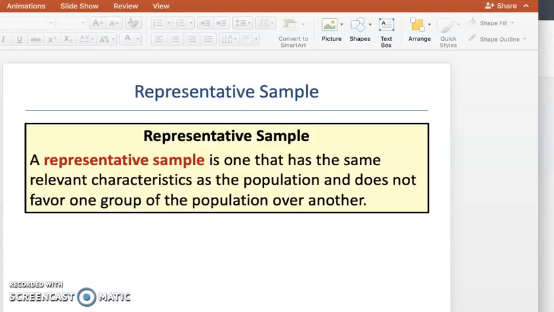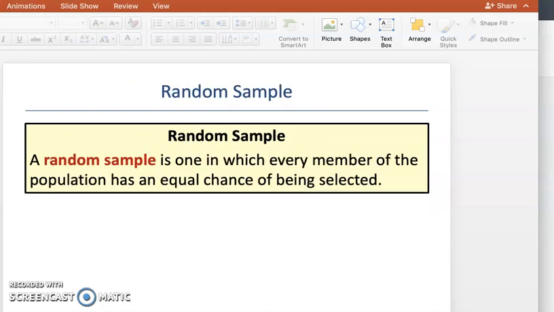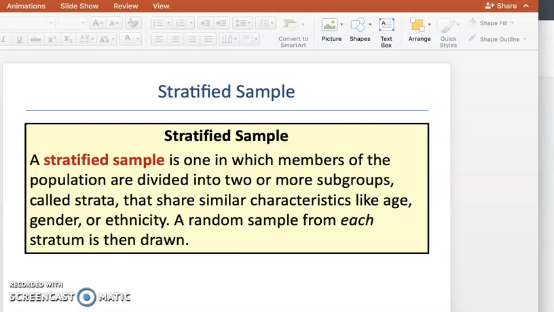Now, a representative sample is one that has the same relevant characteristics as a population, does not favor one group of the population over another. A random sample is one where every member has an equal chance of being selected. Now, a stratified sample is one where the members of your population are divided into two or more subgroups. You call them strata, that share similar characteristics like age or gender or ethnicity, and then you pick a random